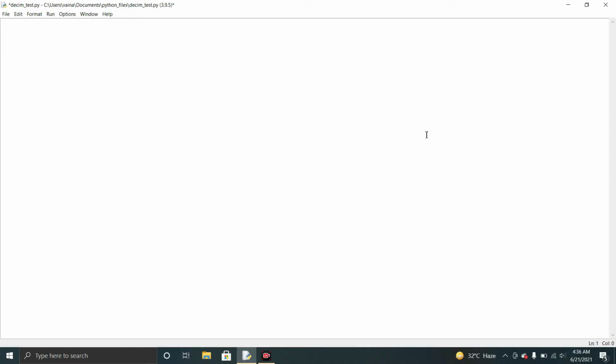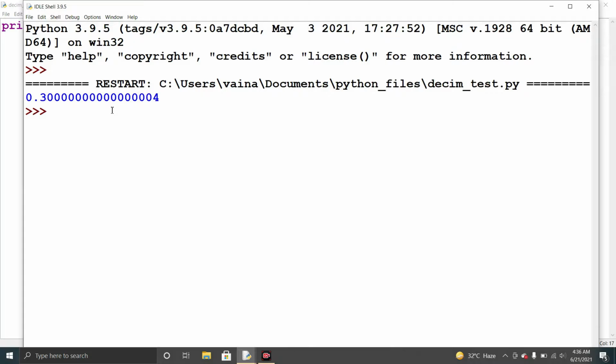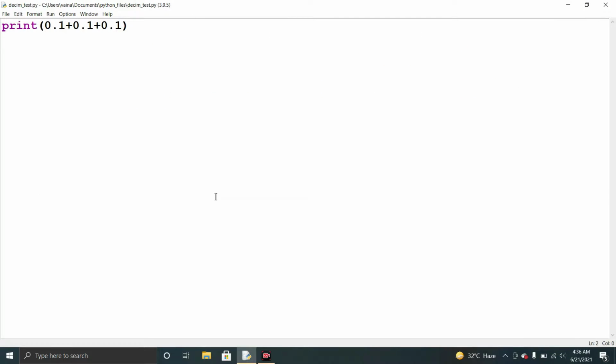So for example, if we look at 0.1 plus 0.1 plus 0.1, we get an output like 0.3 something, a float value. In order to avoid this, we use decimals, which have more precision.